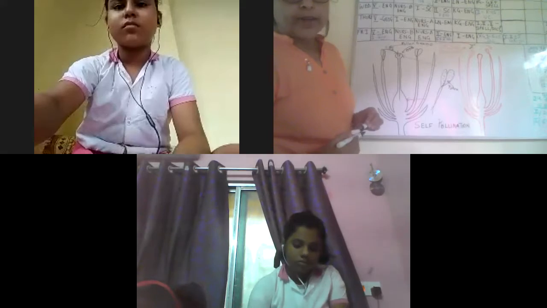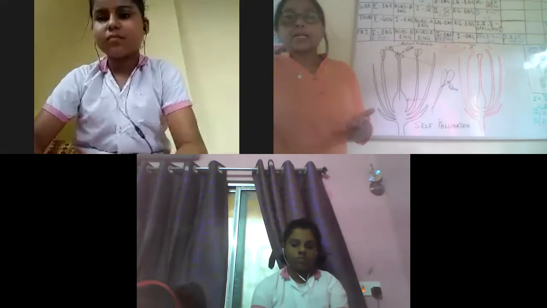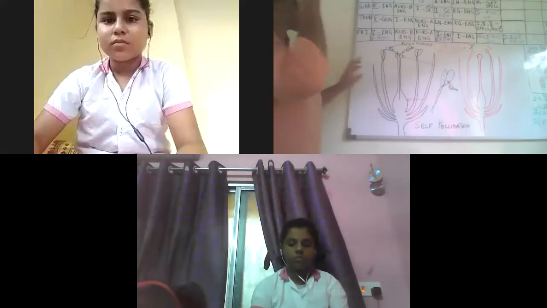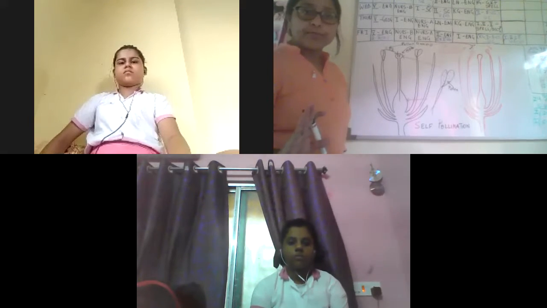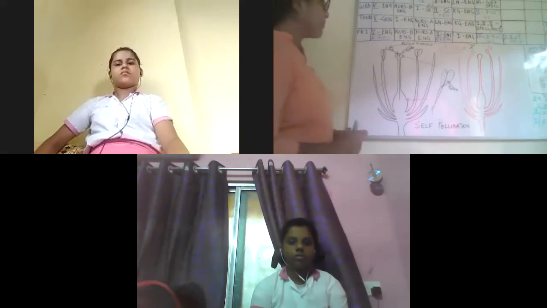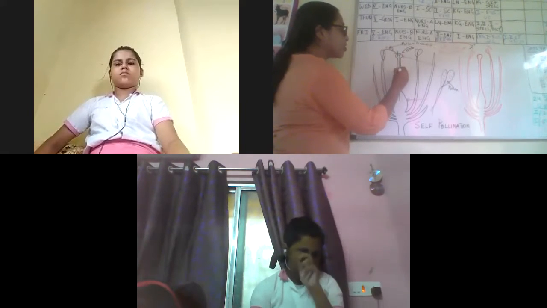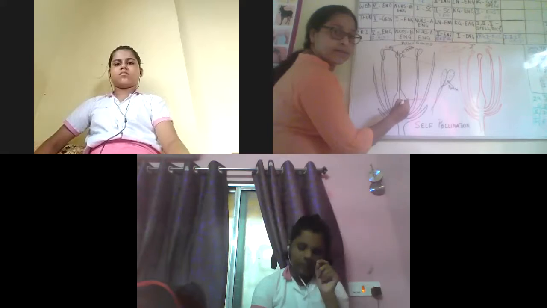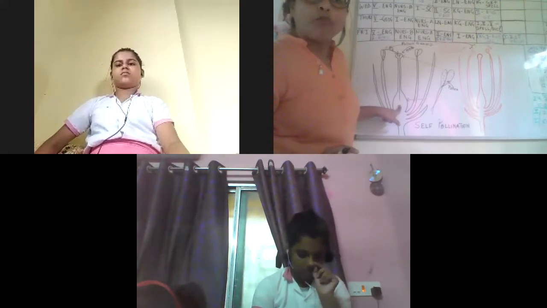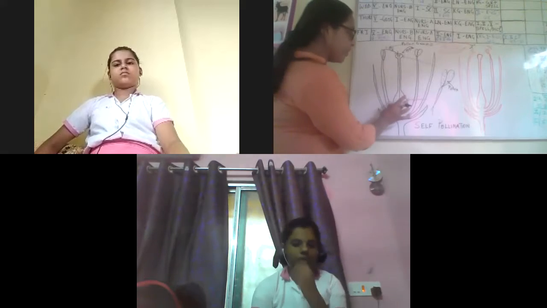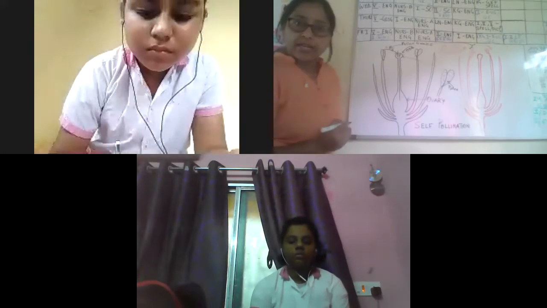Now you can turn to a separate page and maybe draw this out separately. But first pay attention, I will give you the diagram, don't worry. First, to understand this drawing: the pollen grain now grows a long tube-like structure, right? Okay. And this tube-like structure enters the ovary. The ovary, right? It enters the ovary. Clear?